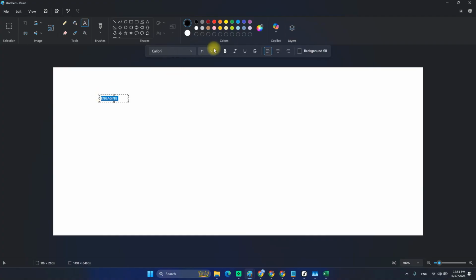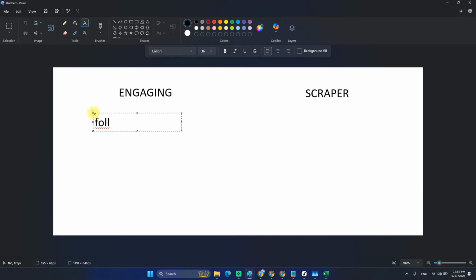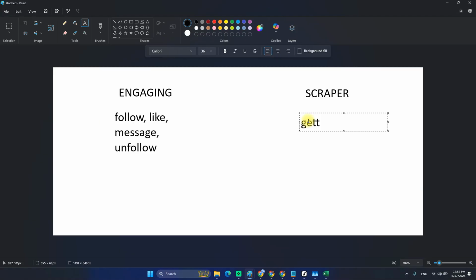Engaging, and a scraper. So engaging role is for follow, like, message, follow, right? And scraper role is for getting list of users